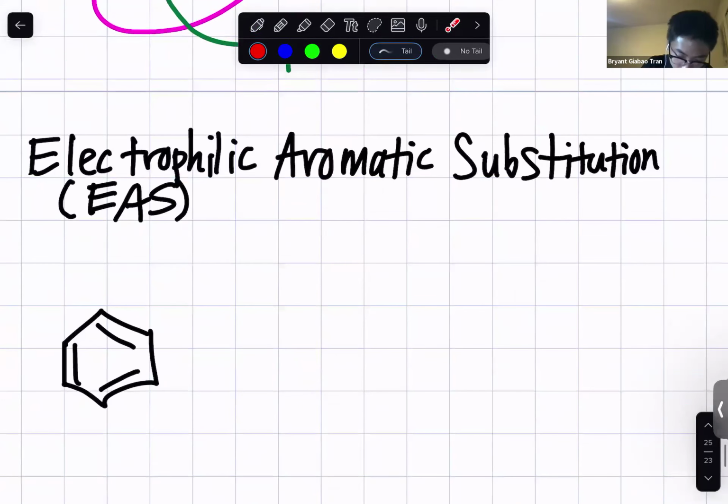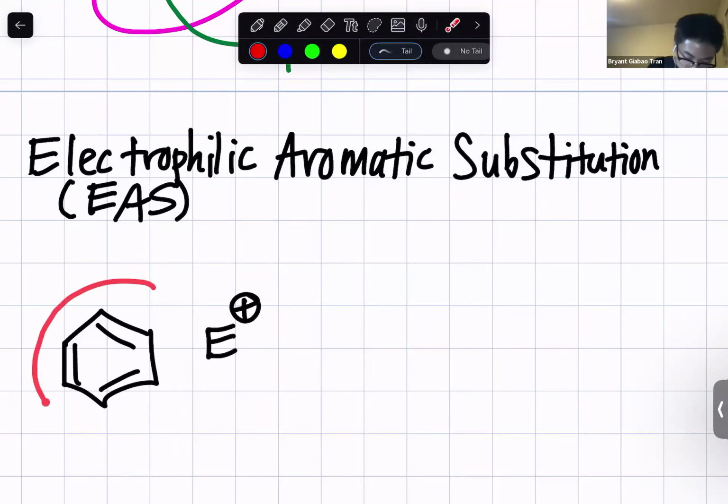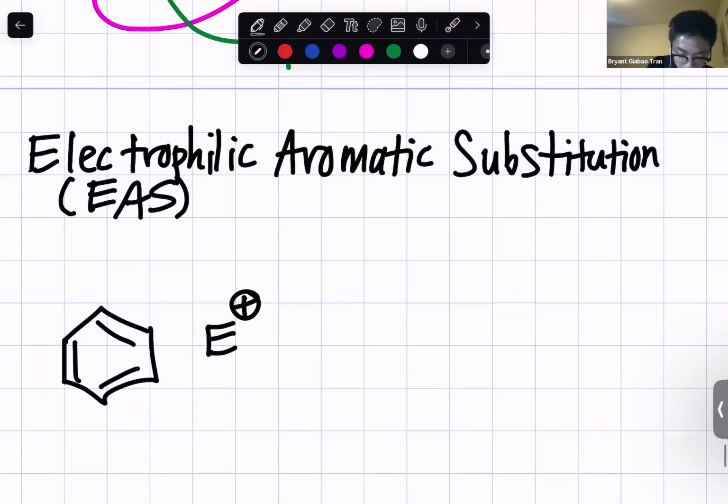So let's say we have some kind of electrophile floating around, right? These carbons here of the benzene are nucleophilic because there are double bonds in here. Think of it as like the alkene chapter. When we do resonance and push that double bond, a lone pair on that carbon gets a lone pair of electrons, making this carbon have a positive charge. One of the carbons here can attack the electrophile